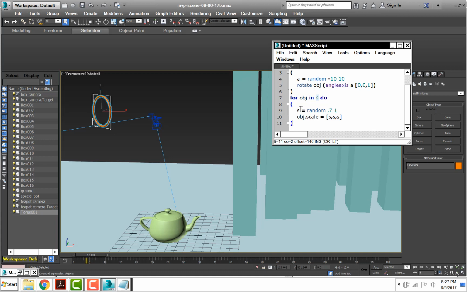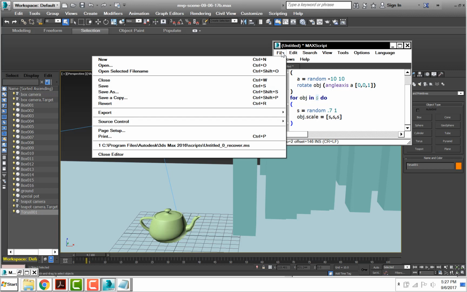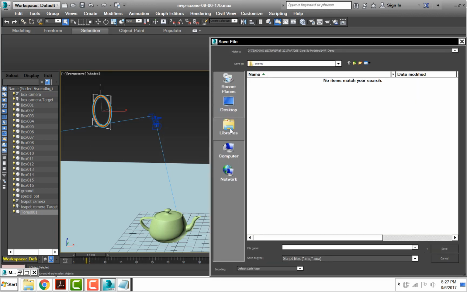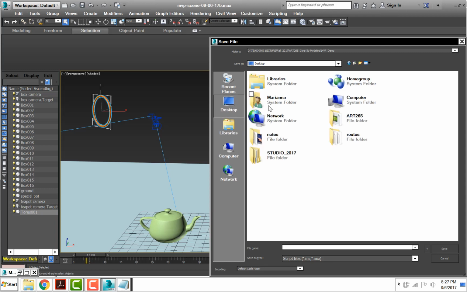Pretty useful if you're trying to animate something, some sort of twitchy motion. Maybe you find a script that helps you with that. Sometimes that speeds up your process, sometimes it doesn't. Sometimes it's more helpful just to do it by hand. But say you have a script you like, just like scenes, you can save your scripts so that you can